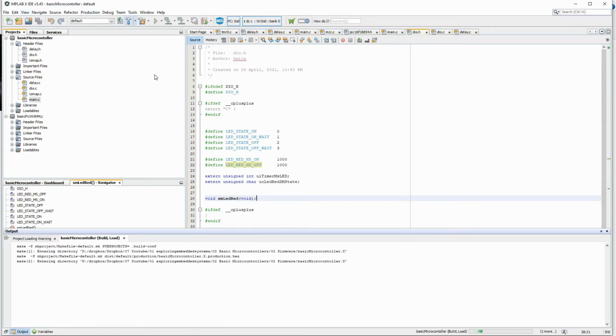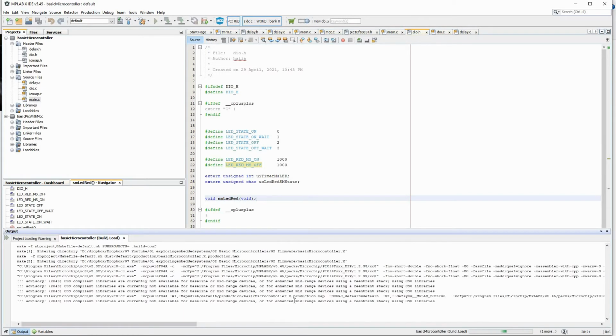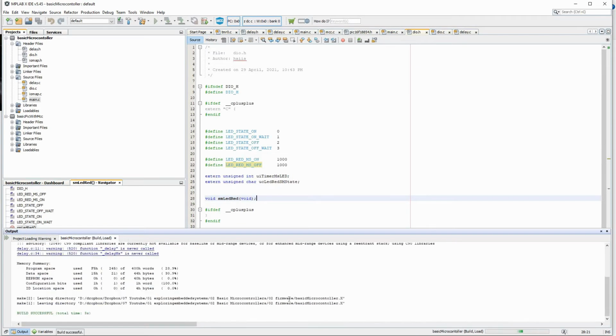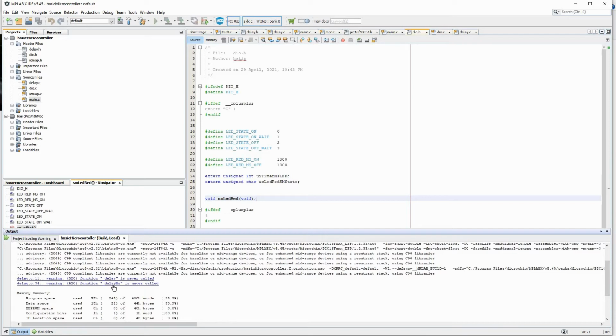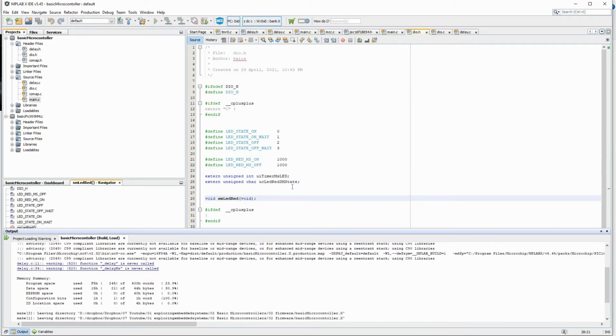Let me rebuild it. Function delay never called and delay millisecond never called. We don't want any more of these kinds of delays. Okay, now let me simulate this in Proteus.